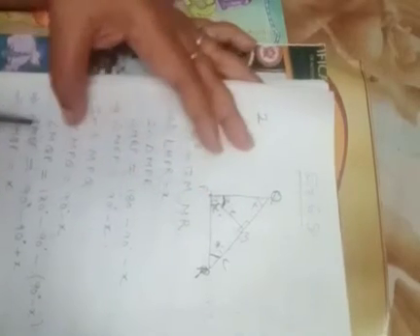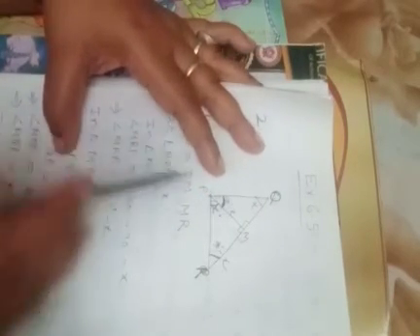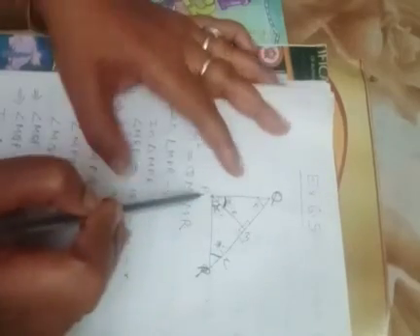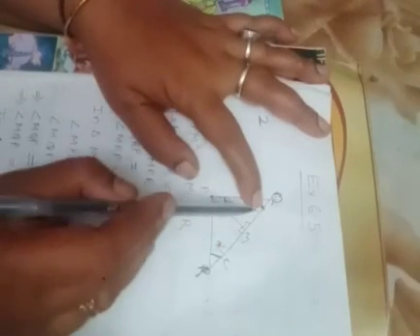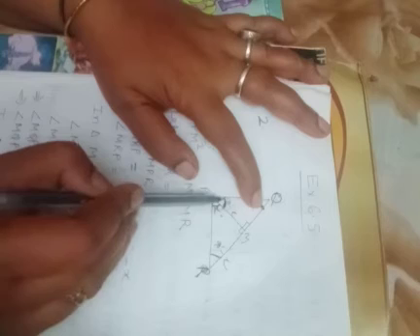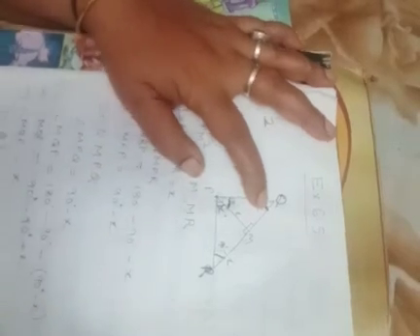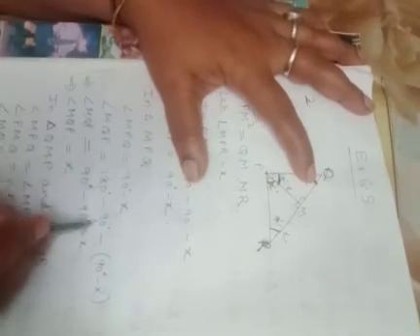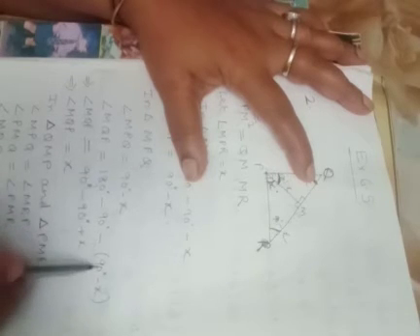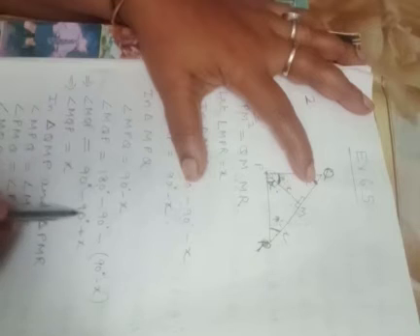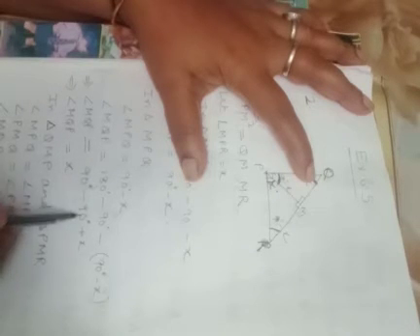So next, angle MQP will be equal to, what will be the value of this angle? This angle will be equal to 180 degree minus 90 degree minus 90 degree minus X. Then it will become 90 degree minus 90 degree plus X, and 90 degree minus 90 degree will become 0. So angle MQP will equal to X.